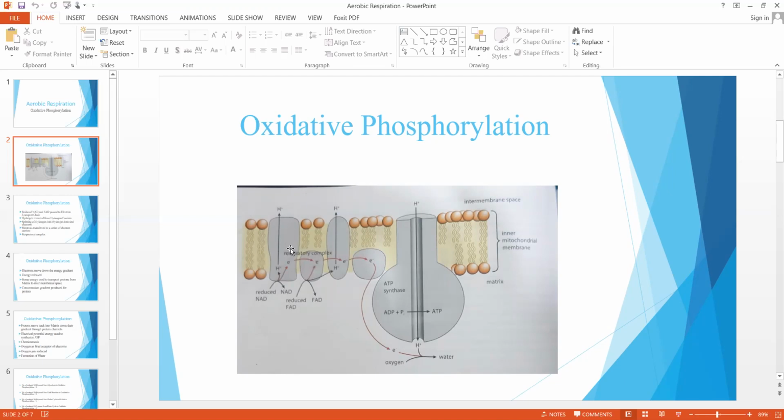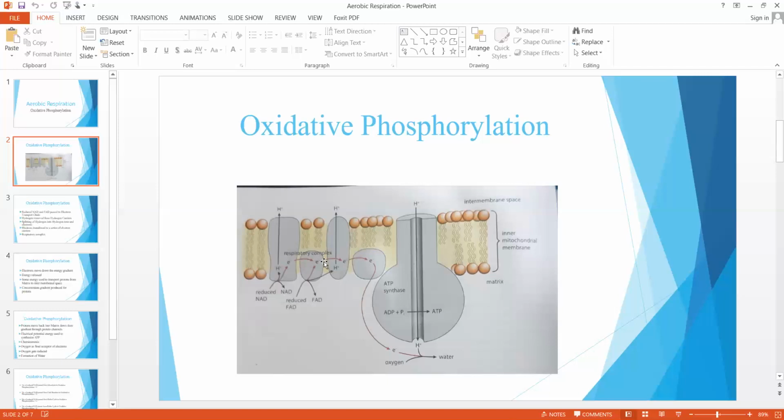So when electrons move from one electron carrier at a high energy level to the next electron carrier at a low energy level, they are moving down the energy gradient, so energy is released in this process. We know that whenever electrons move from a high energy level state to a low energy level state, energy is always released. The same is the case over here, because these electron carriers are placed in such a way that when electrons move from one carrier to the next, they move down the energy gradient, and energy is released.